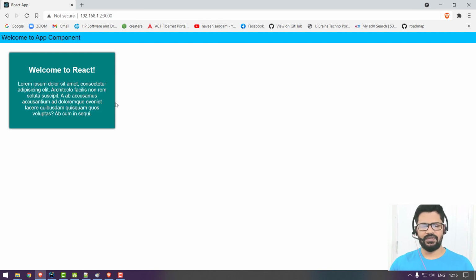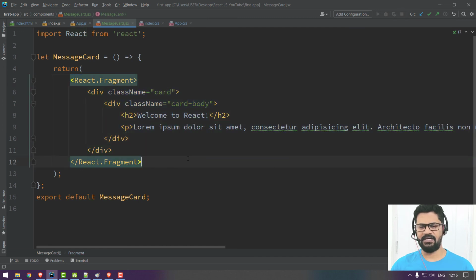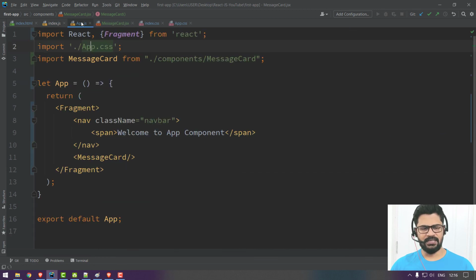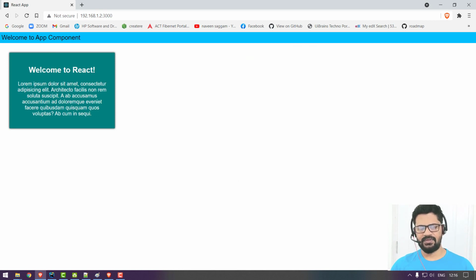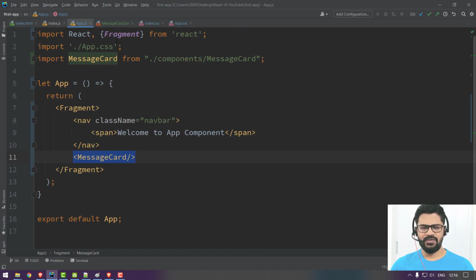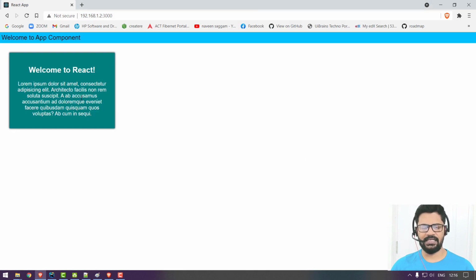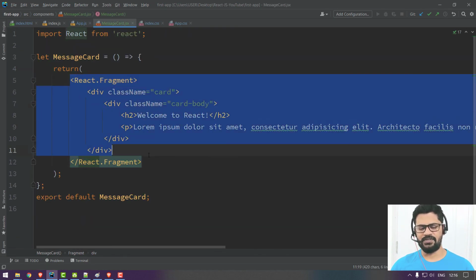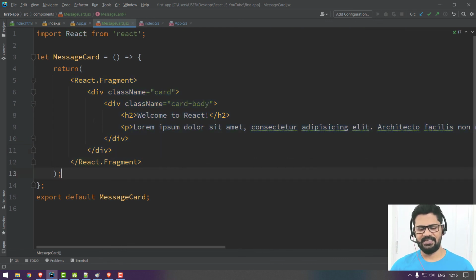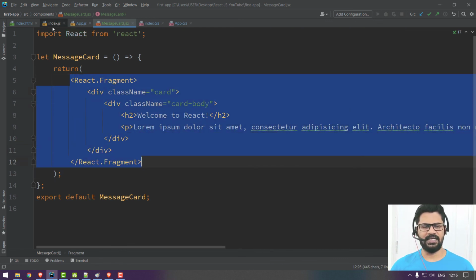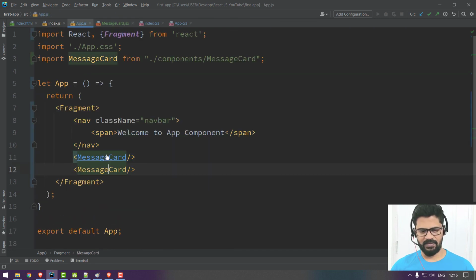Okay, so you have created your own component. This whole thing is your component. Okay, fine. Now observe in app.js, you write one message card, that is this card. So I want to have one more card like this. What do you do in old, I mean traditional, web development? You want to generate one more card, so you paste this particular source code again. But here it is not like that. This whole source code represents one tag, that is message card. You write it one more time.